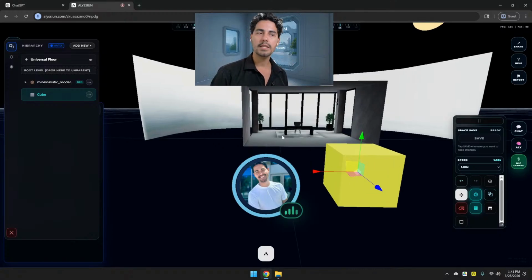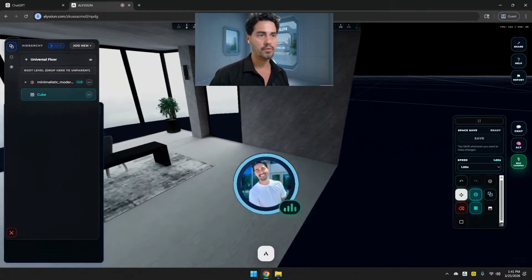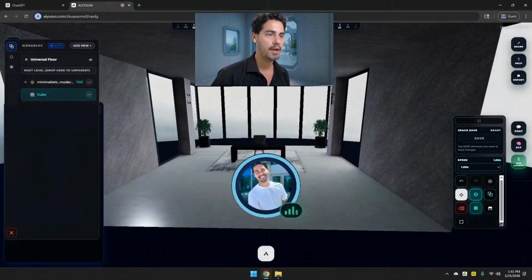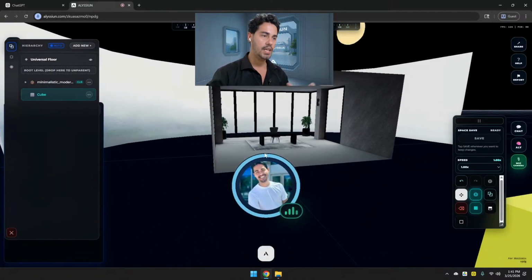30 megabytes in reality is really good. This space here is 30 megabytes, and I didn't even optimize it. You can just remove things and create a really nice space. The idea on the web is that you create small spaces that you can share with 10, 20 people in the same space, but wait for it, because that doesn't mean it's going to be small.